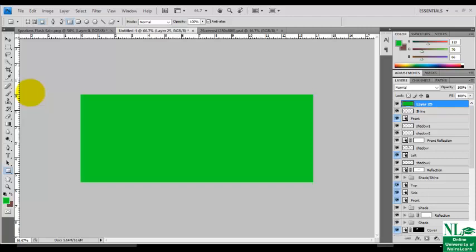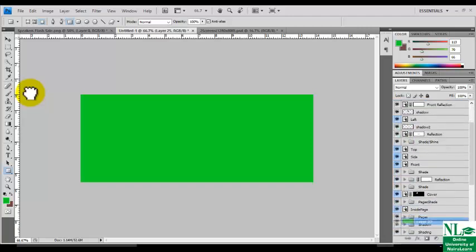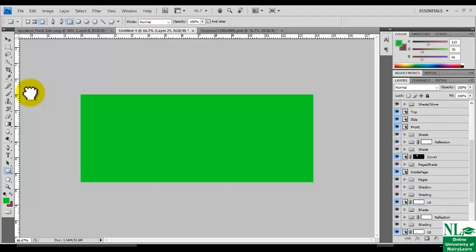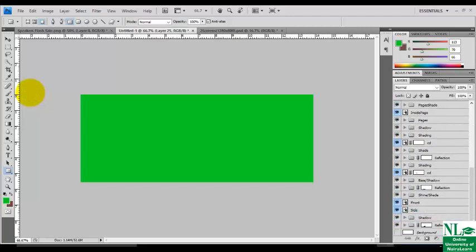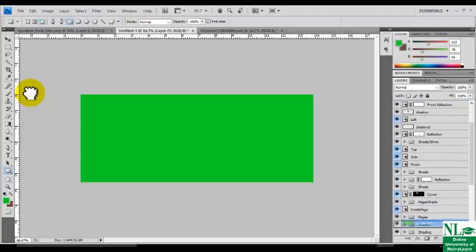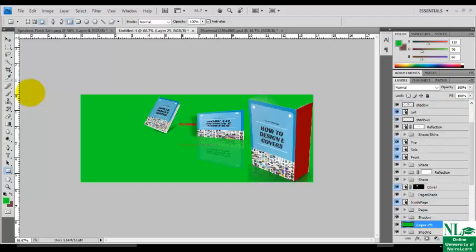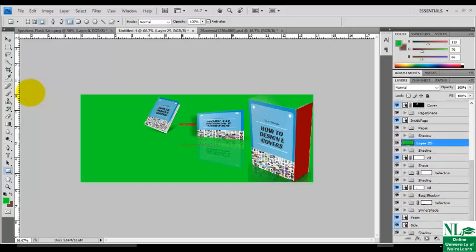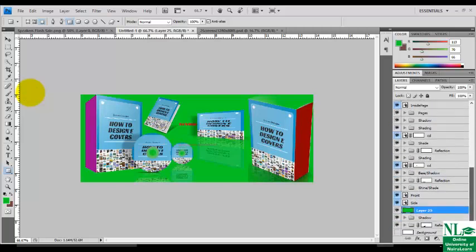This is it. If you watch now, it's laying on top, so drag this layer downward so that it will be at the back of all the items. Keep on dragging it. Drag it the last time.